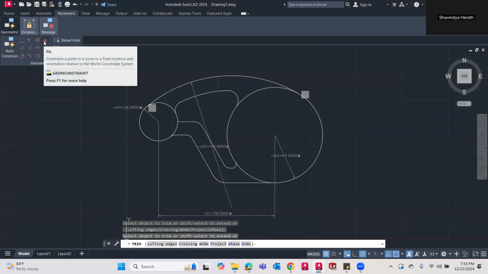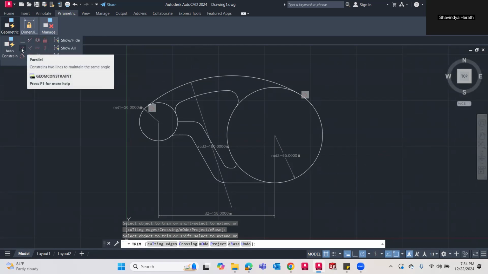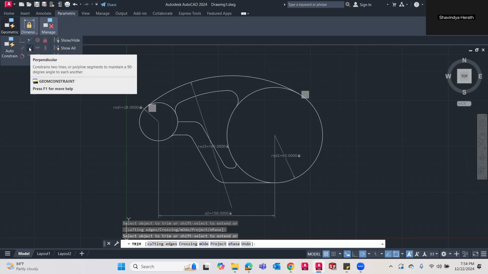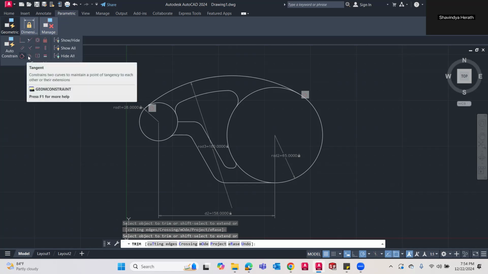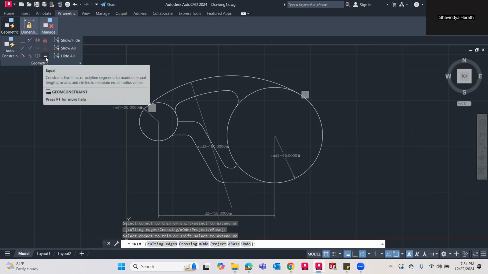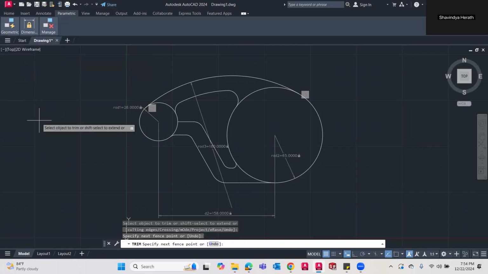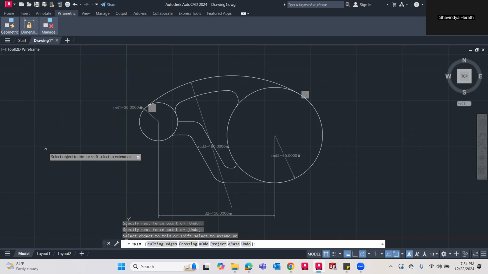And lock means fix. Then parallel, perpendicular, you can make some lines perpendicular, and horizontal or vertical, tangent, right? Smoothness, symmetric, and equal likewise. Right? Okay. So give me a couple of seconds.